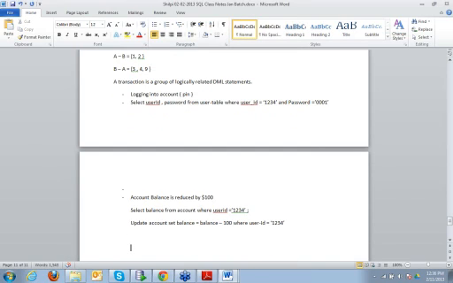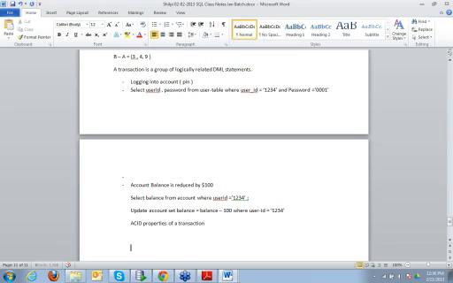So what does a transaction mean? There are certain properties which are associated with all transactions. These are called the ACID properties of a transaction. What do the ACID properties mean? A stands for atomicity.